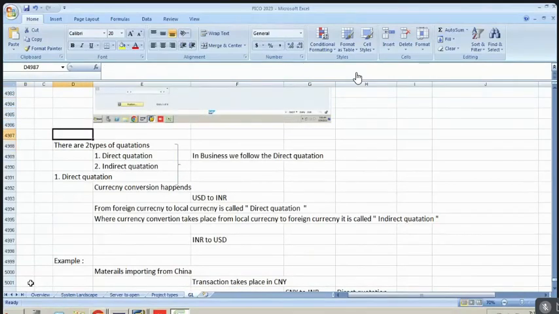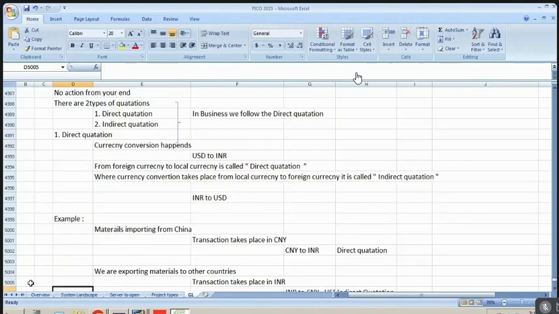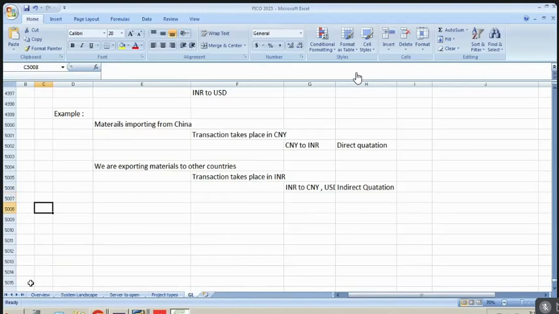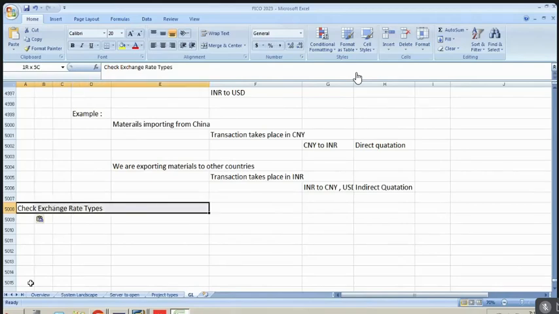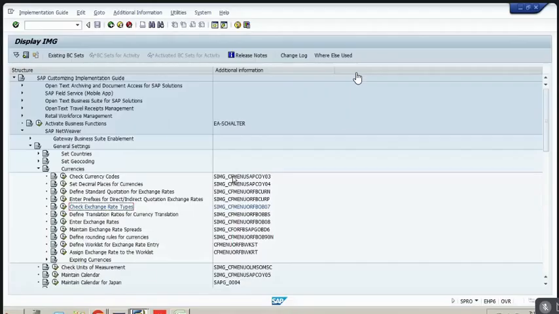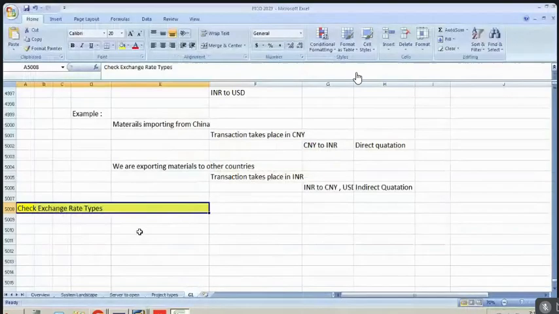However, here also, check exchange rate types. So here exchange rate types